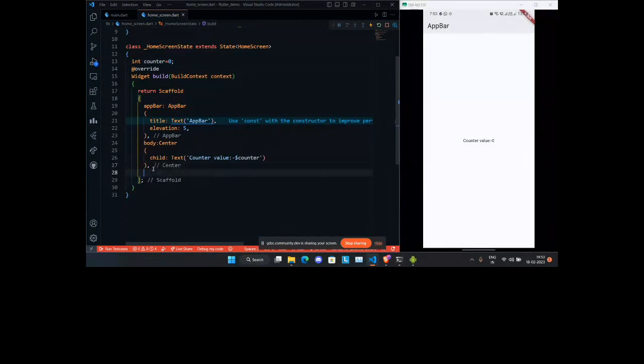There is another widget, floating action button. Once you see it, I think you are gonna recognize it.